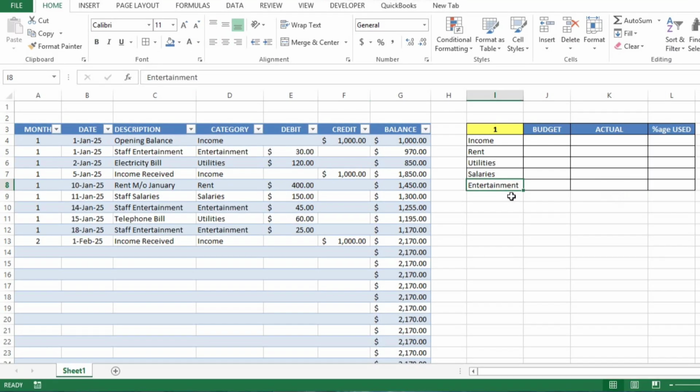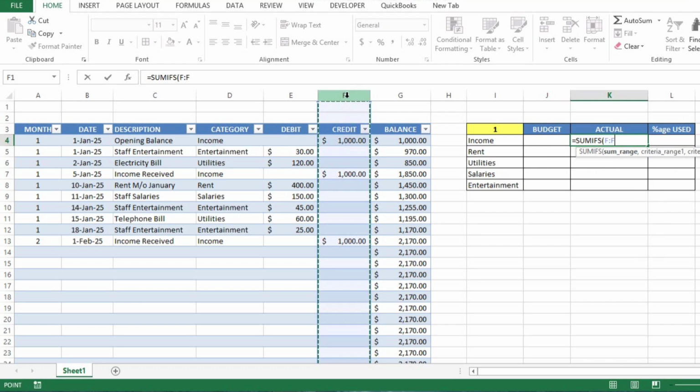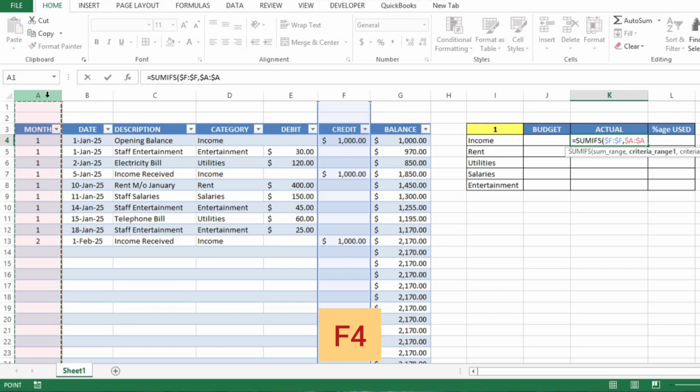राइट। यहाँ इनकम की एक्चुअल वैल्यूज के लिए हम लोग फॉर्मूला लगाएंगे, इक्वल्स टू SUMIFS ओपन पैरेंथेसिस, सम रेंज में हम लोग अपना ये क्रेडिट साइड जो है इसको सिलेक्ट कर लेंगे, हमारा कॉलम F, और इसको फिक्स करने के लिए डॉलर साइन, कीबोर्ड पर F4 प्रेस करेंगे, कॉमा। क्राइटेरिया रेंज 1 हम लोग अपना कॉलम A सिलेक्ट करेंगे और इसको भी हम डॉलर साइन से फिक्स करेंगे, F4, कॉमा।